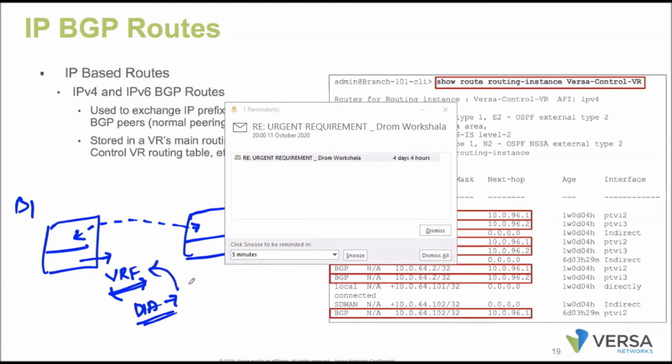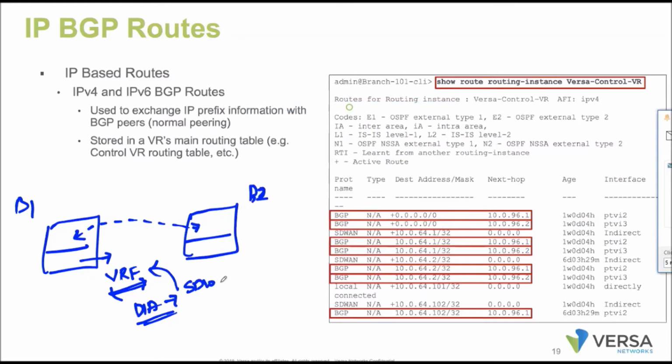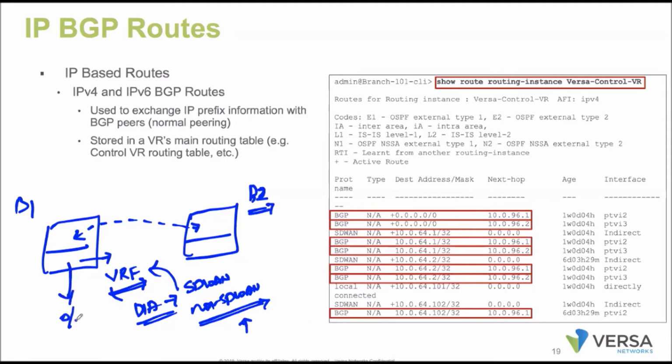On this VRF instance, you can have both SD-WAN routes as well as non-SD-WAN routes. There is no problem, you can do that. For example, for a non-SD-WAN route, in order to reach branch 2, I'll just advertise a default route and let the default route be over the internet. Yes, that's absolutely possible. Okay, got it.